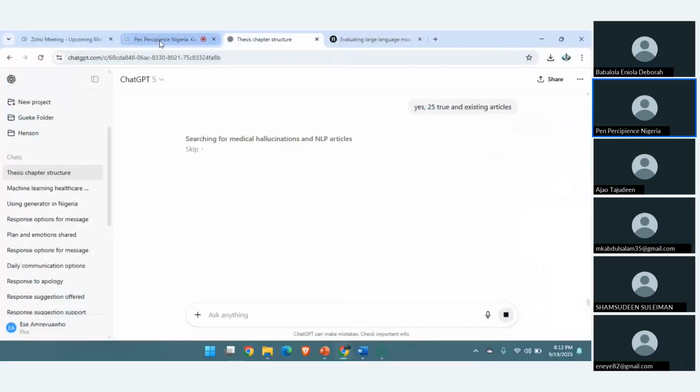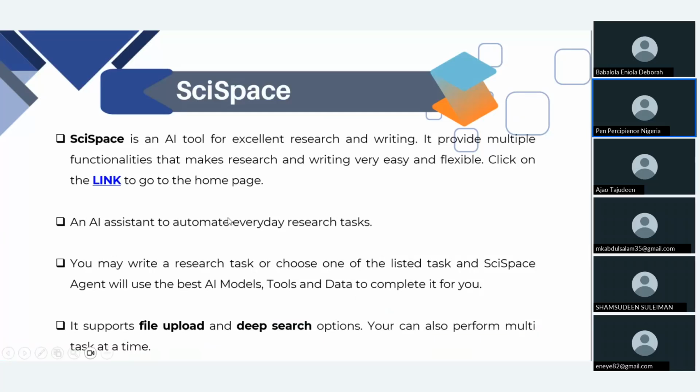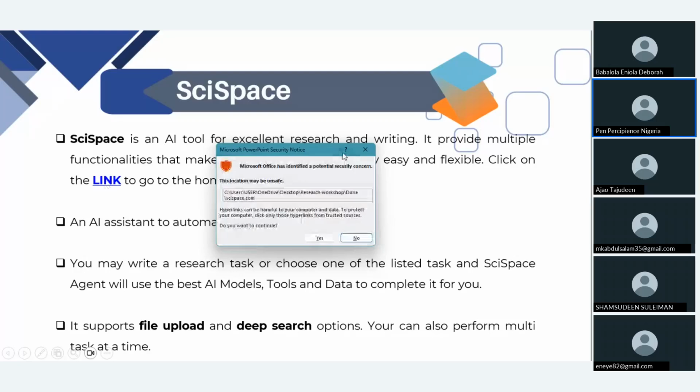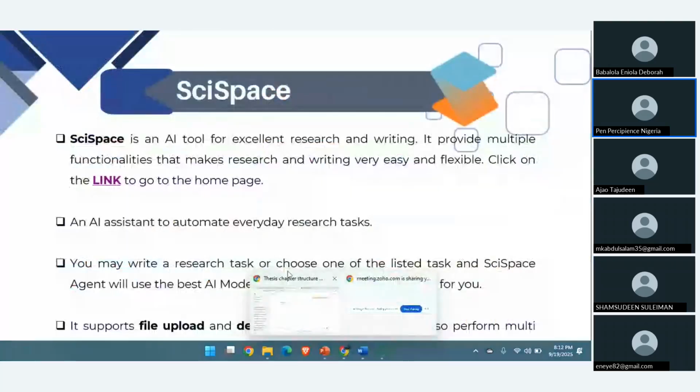the SciSpace. Another one is SciSpace, which is a very wonderful tool. SciSpace. Are you seeing it? It's a wonderful tool. I will not read all the reading, but I will just show you one or two of the beautiful things about SciSpace. So let's launch SciSpace. All right, it's not opening, but let me see how to go on the browser